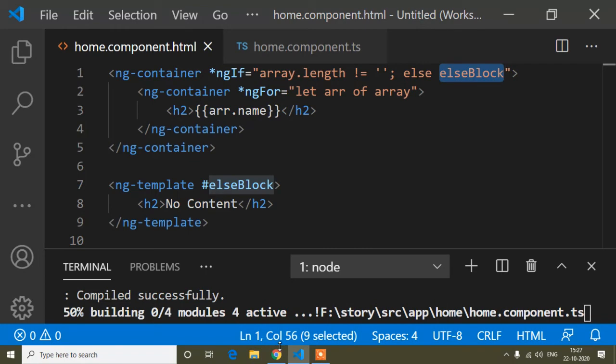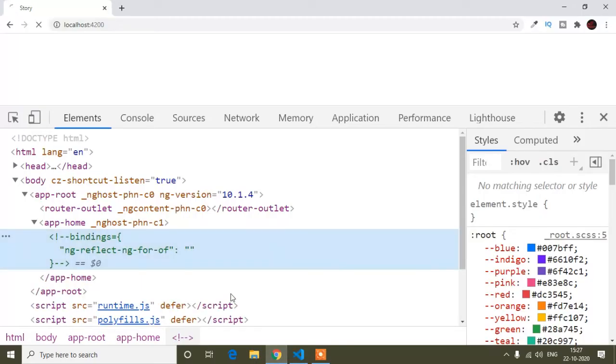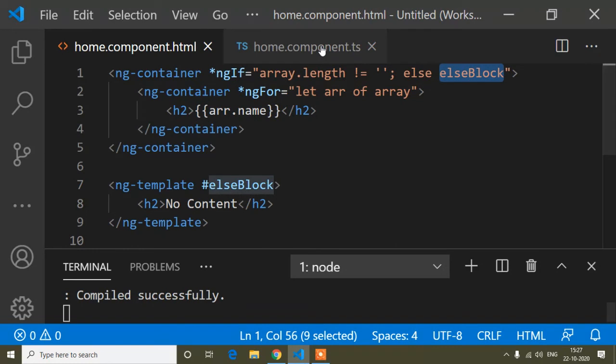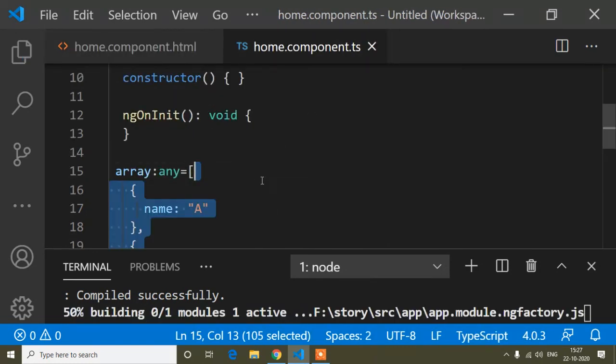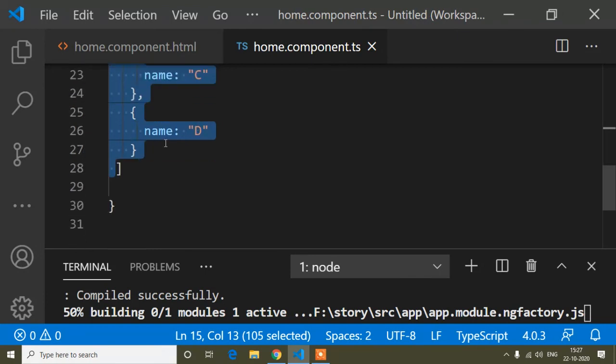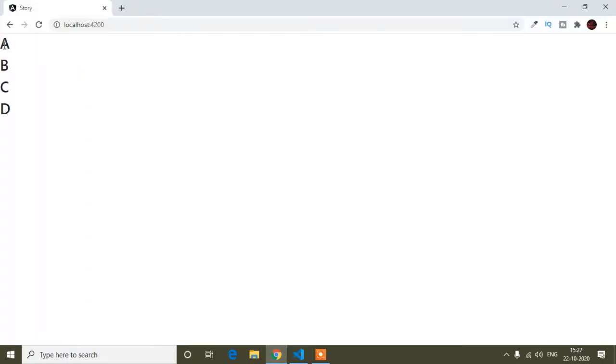First of all I will show you the output here. You can see now it's coming "no content" because our array is blank. But if there are some values inside this array, this time it will show those values.